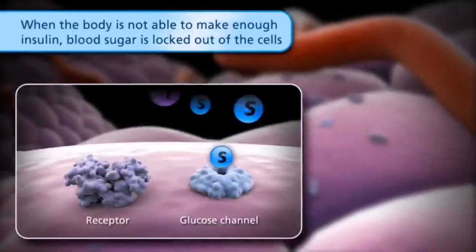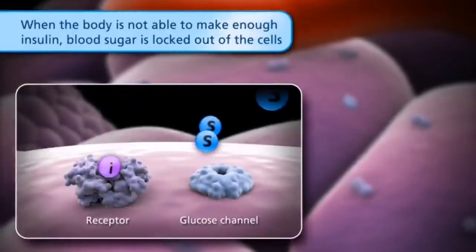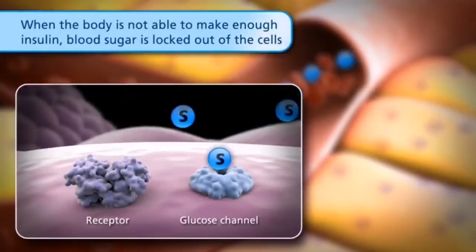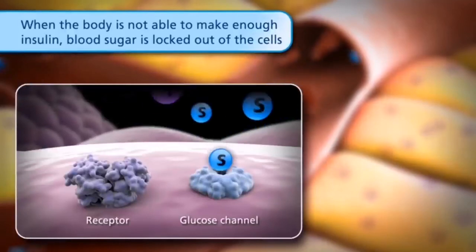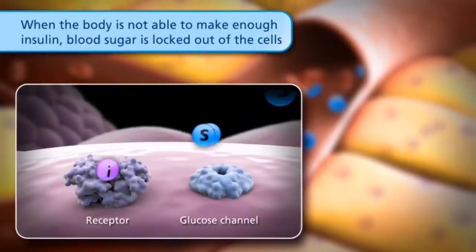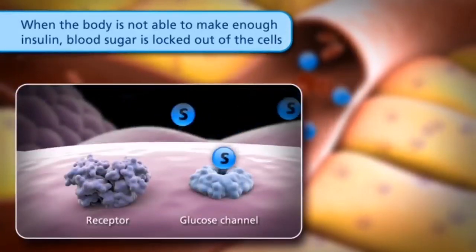When cells cannot get sugar, they no longer have the fuel they need. The pancreas tries to make up for this by working harder. At first, the pancreas keeps up by making more insulin. In time, the pancreas is unable to continue doing this, which is when the symptoms of diabetes may appear. As a result of these changes, your physician may discuss starting a diabetes care plan with